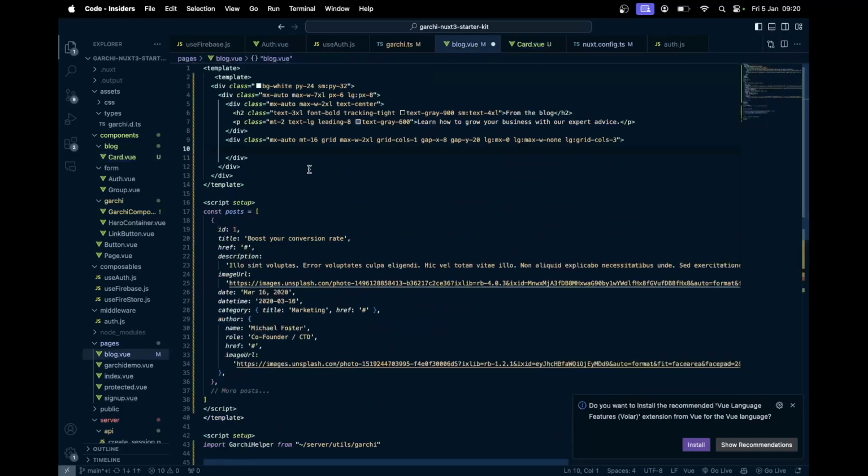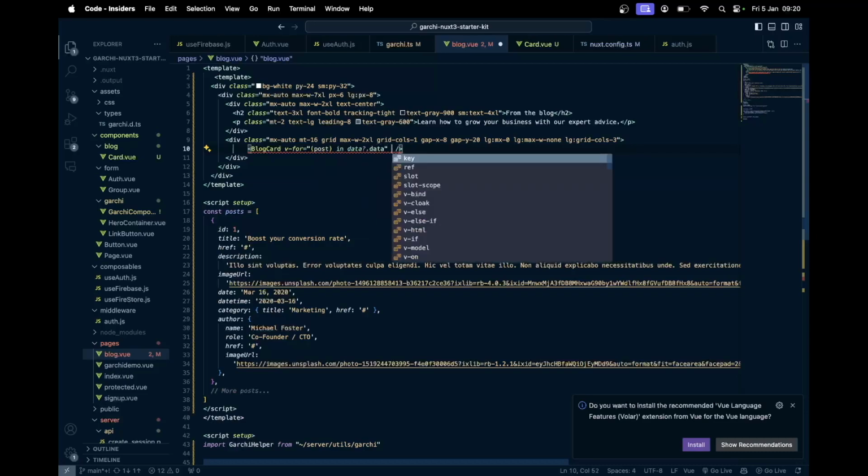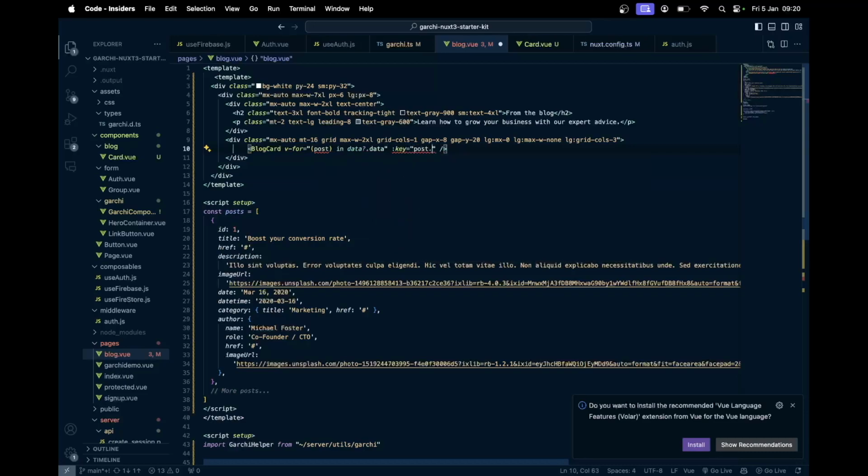Okay, so next we need to use v-for, so block card, and here all we have to do is we need to v-for, so we will have the post in data.data, the key will be post.id, and the post will be whatever the post is. So if we keep this like this, also we need to make this as our text light, the colors that we are using. This will be again text light, and this will be